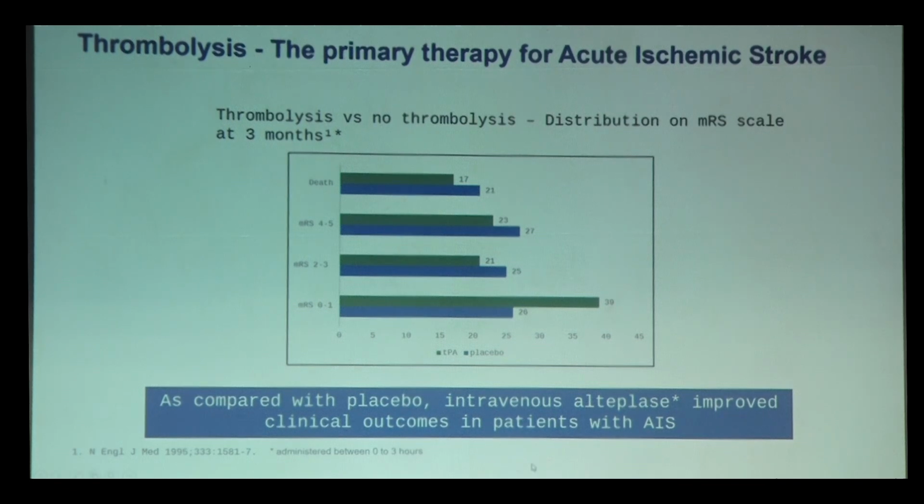So thrombolysis is the primary therapy in acute ischemic stroke, and we already know the definite evidence from all the major clinical trials have established there is a significant improvement in the clinical outcome, especially in the 3-month mRS score